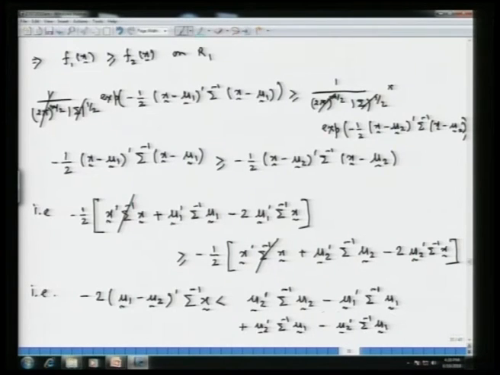The point in writing this in this particular form is that we are basically trying to show that this rule under a special structure in the prior and the misclassification costs is going to lead us to a rule which is known to us. So, this expression can be written in the following way,